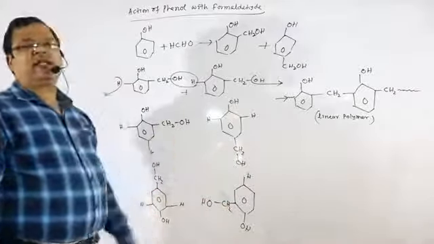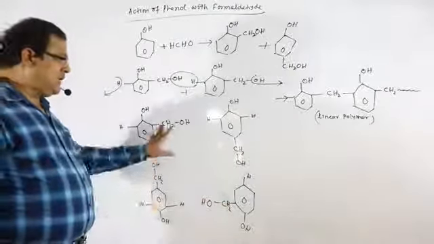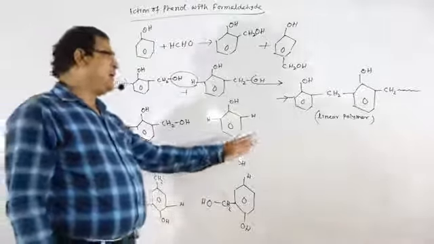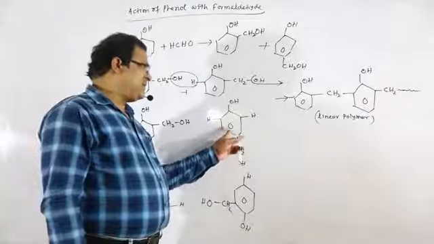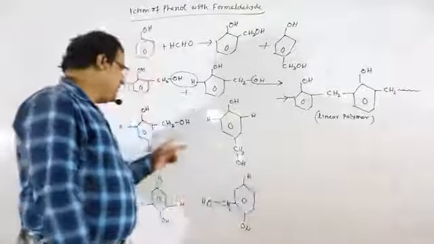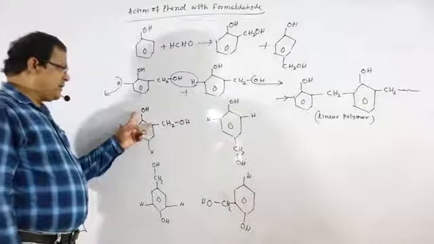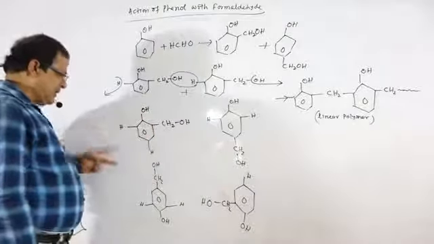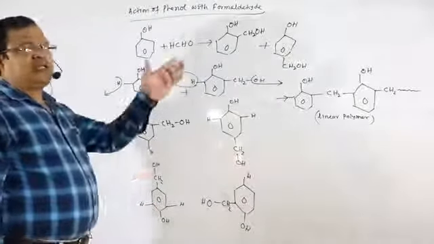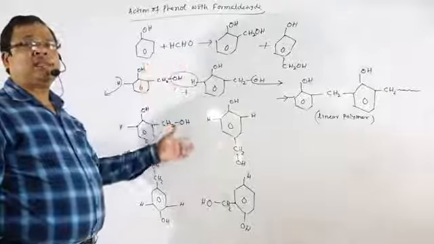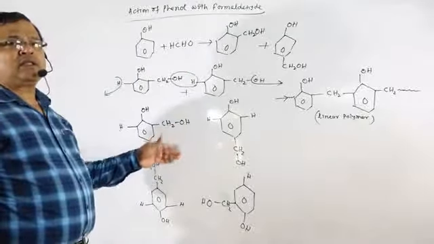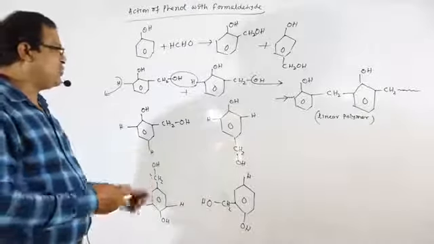So how does that polymerization process go on? Here we have written only 4 molecules, and if we write again, this is para, so we have to write ortho, this is ortho, so we have to write para. On this side, this is ortho, so we have to write para. This is para, so we have to write ortho. So a chain process goes on, in which a large number of molecules of this kind combine. Then how is the species produced?